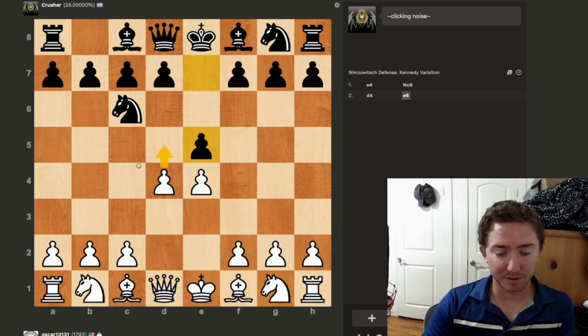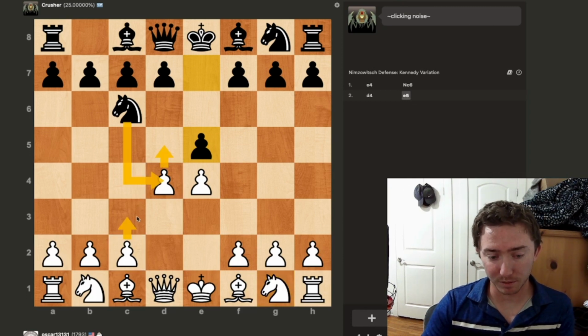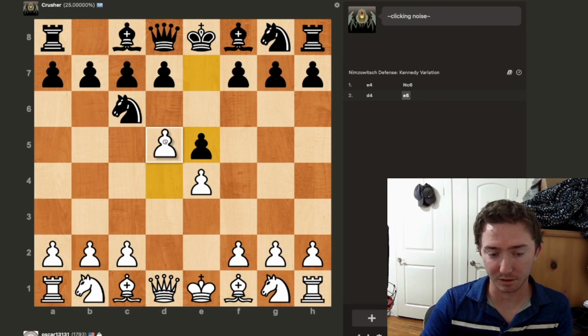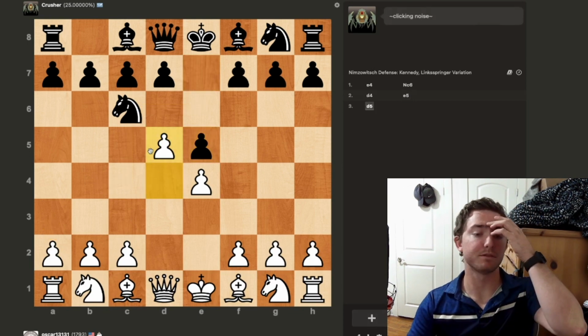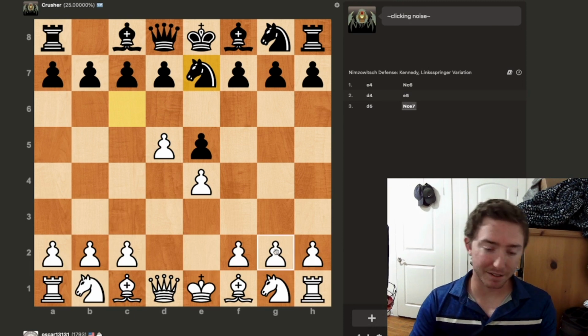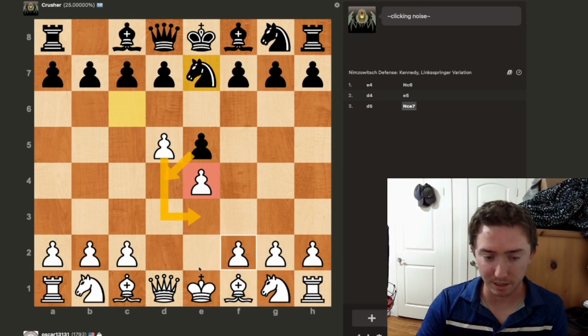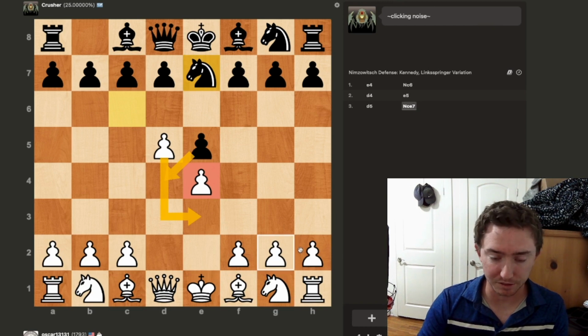Thinking d5, if something like knight d4, we could always just push. That would be fine. d5, I think, kind of forces knight back. Knight probably doesn't want to jump. It's going to get kicked regardless. Let's push d5. Knight f3, just we get some trades. The e-pawn's a little bit weaker, it feels like. I think this is fine for black, but...